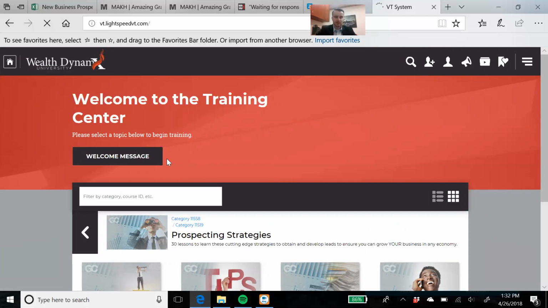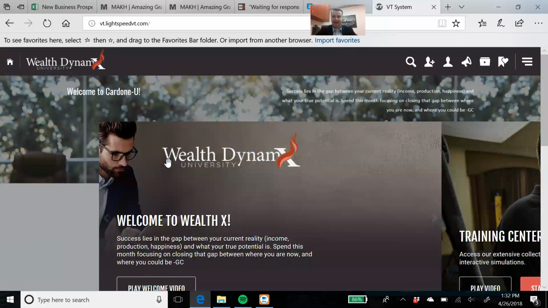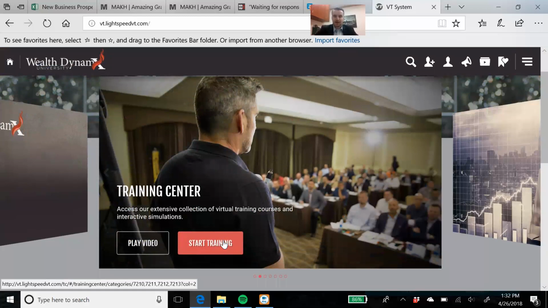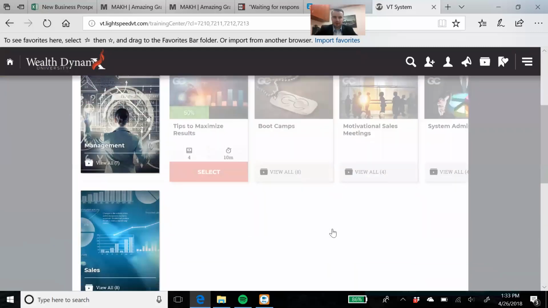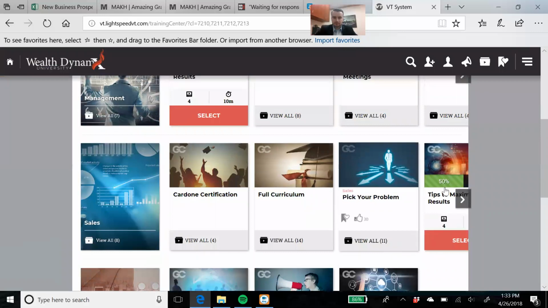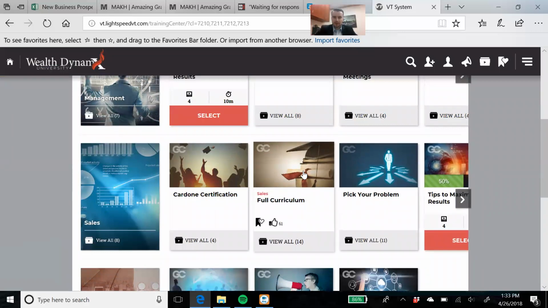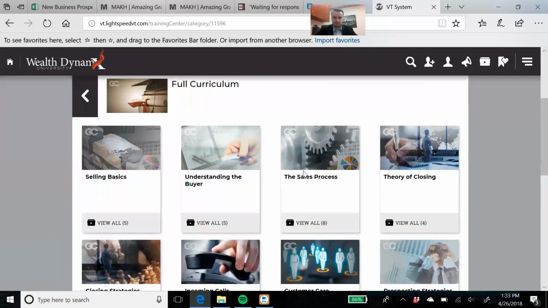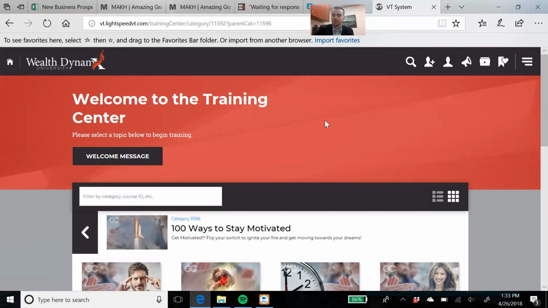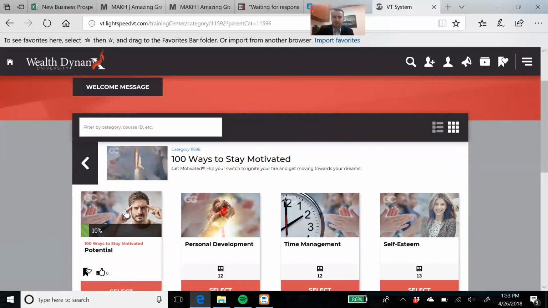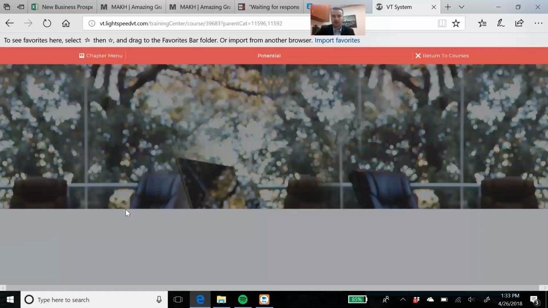On the second cycle here, so at the month marker, I want you to add in one more thing. So you log in, you've been doing this a month, you're consistent, you're gonna log in, start training. You're going to scroll down, go to Full Curriculum, and you'll click 100 Ways to Stay Motivated. So on the 1 month marker, you'll start watching 1 of these videos a day. Do not binge watch this series, do 1 video per day, okay? So you'll load up the 1 video,